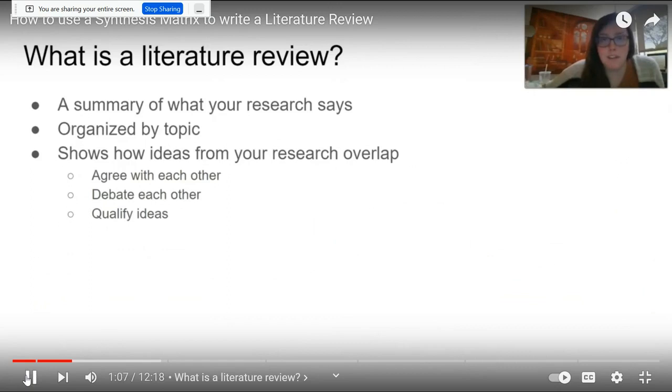They say something like, this source says this, I disagree, I think something else. So it could be some kind of direct debate, or it could be an indirect debate. You have two sources that conflict with their thinking. One source talks about one thing, another source says something completely different. So maybe there's a debate there that's direct or indirect, and you would want your literature review to showcase that as well. Or maybe there's some kind of qualification happening.